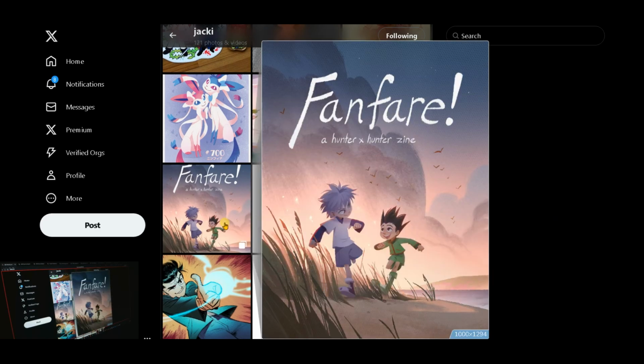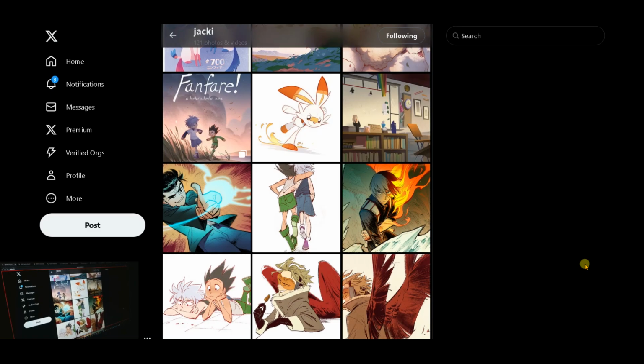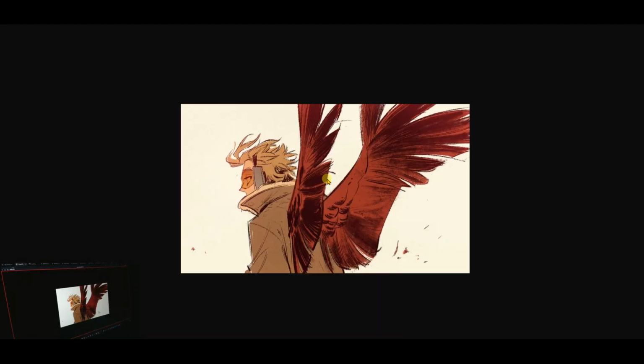Wait, this is from the... Yeah, Hunter x Hunter. Oh, I do like these ones. Oh, that's so... Oh, the wings. Oh my god. Yeah, I like this look. I don't see shadows. Essentially, the colors underneath, they're just flat. And the dark parts of these wings, I mean, they're kind of shadows, but I think they're more about